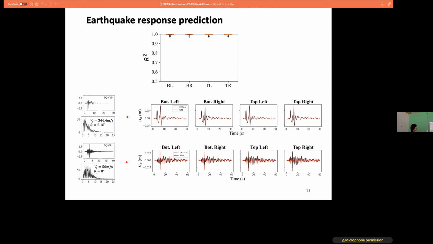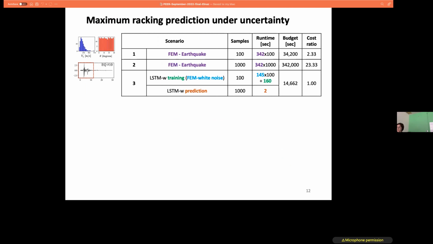So as I mentioned, one interest we have is how we can do the acceleration for these UQ tasks. So let's look at this problem. Now let's say that I have this model and I want to see how I can estimate the maximum racking, or predict that under some uncertainty I have. So I have trained this model. Now let's say that I have a new airspeed and I want to compute the response, and from that compute the maximum racking in my buried structure. So the input motion is fixed, but I have some uncertainty for my velocity and also for my angle of incidence, and I want to compute the response. So I define different types of scenario.